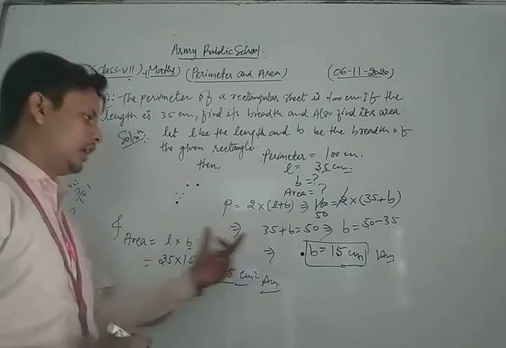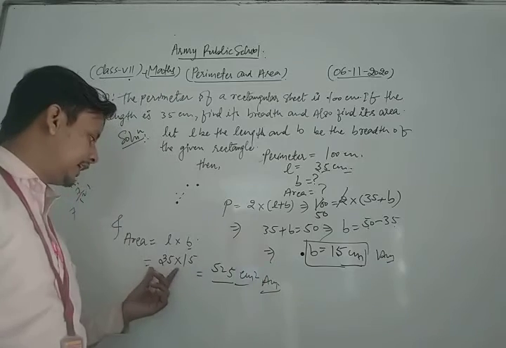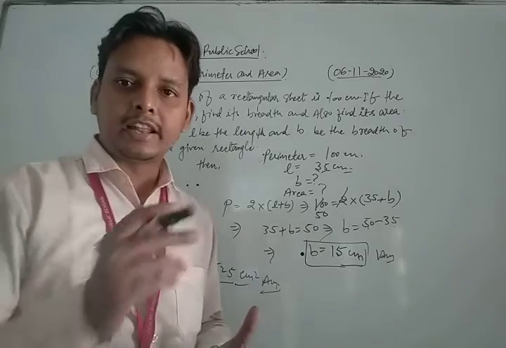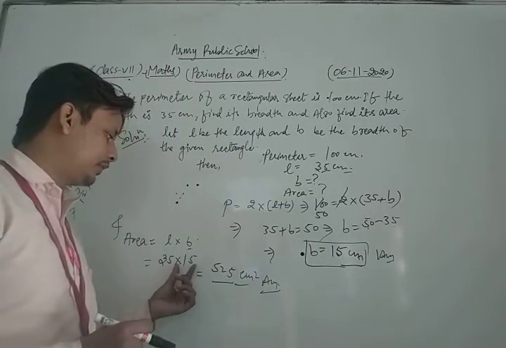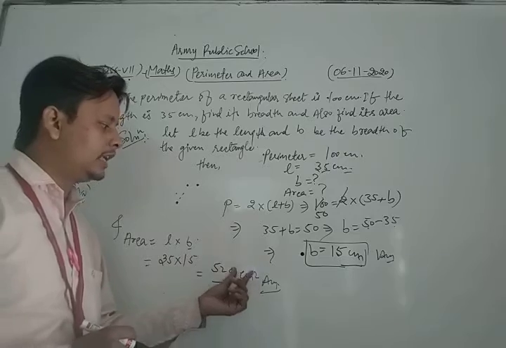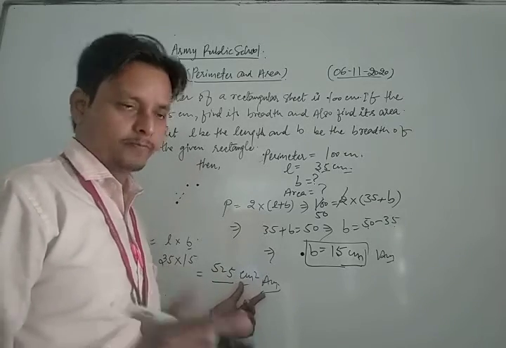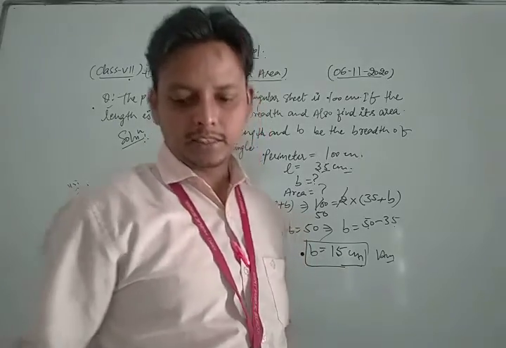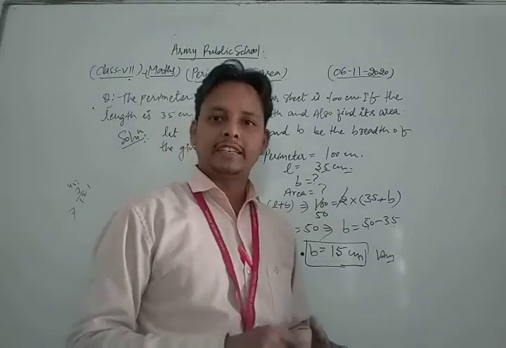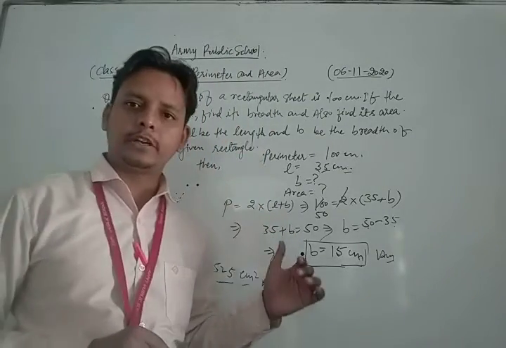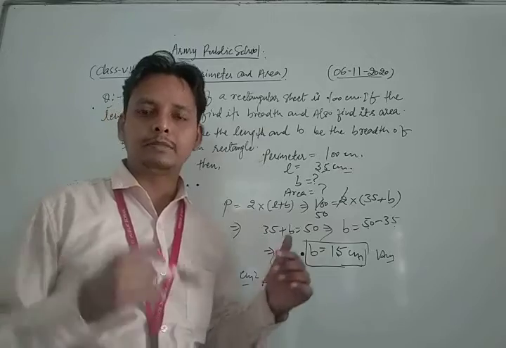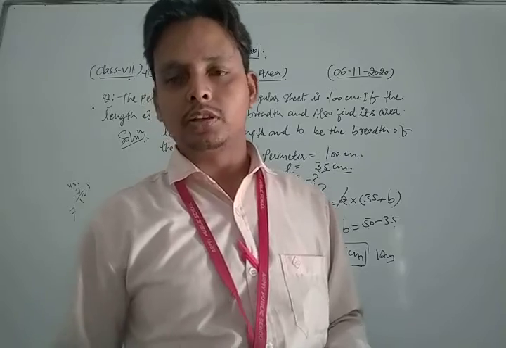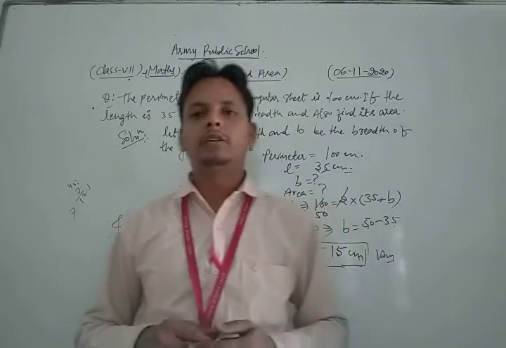In this way, after finding the breadth of the rectangle, we find the area of the rectangle with the help of the formula L into B, because the formula for the area of a rectangle is length into breadth. So we get 35 into 15, which is 525 centimeters square, and area is also in square units. Dear students, in this way you can solve each and every question of your NCERT exercise based on rectangle. Now we discuss some important concepts related to circle, and some important formulas, meaning area and circumference of the circle. Then after that we take and solve some questions of your NCERT exercise based on circle.